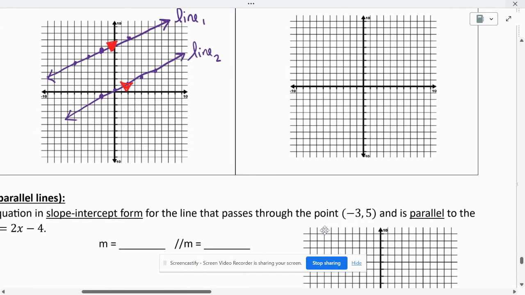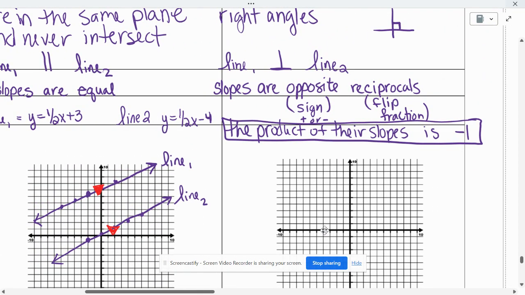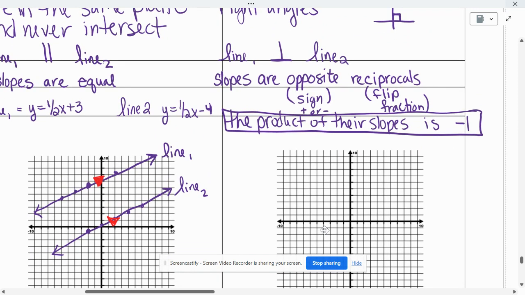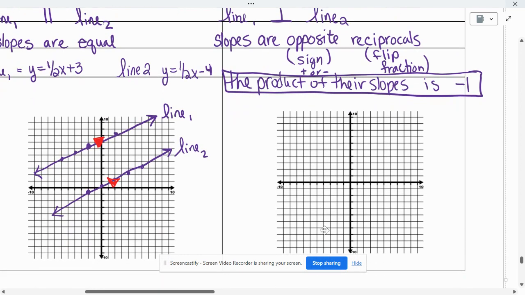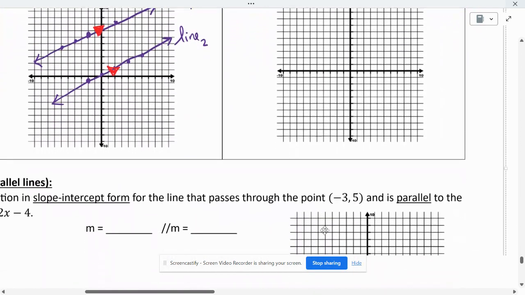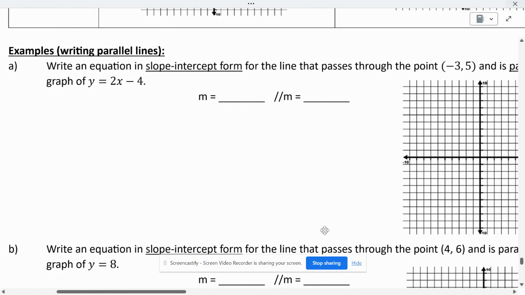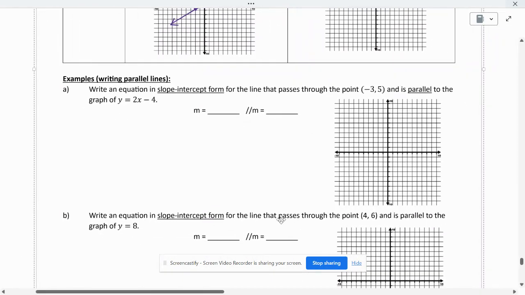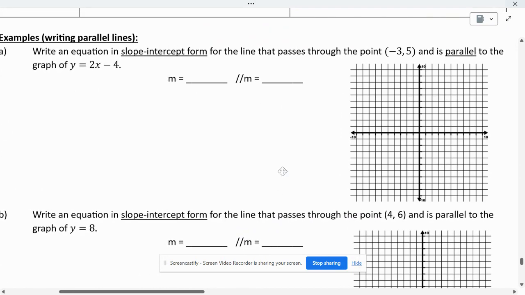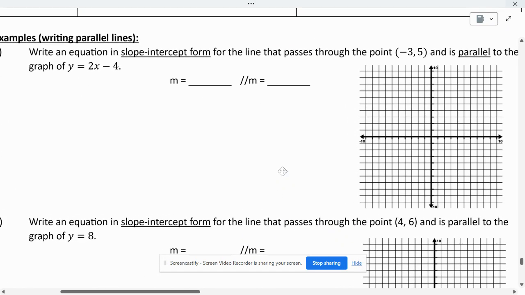So now we're going to do some examples. Does everybody have that? The product of their slopes is -1. So we're going to start with examples of parallel lines. So writing equations for parallel lines. We're going to write an equation in slope-intercept form for the line that passes through this point, and it's